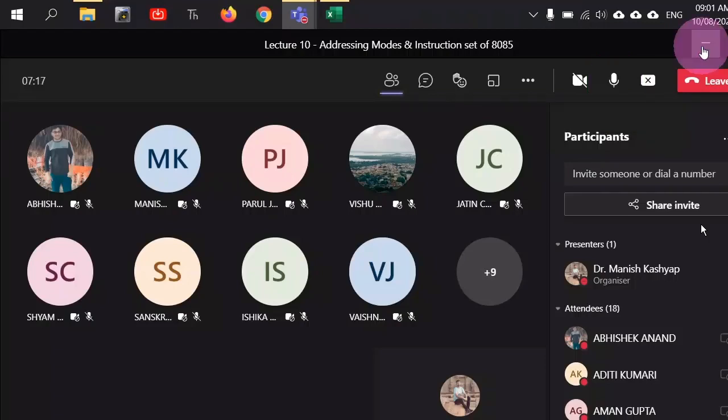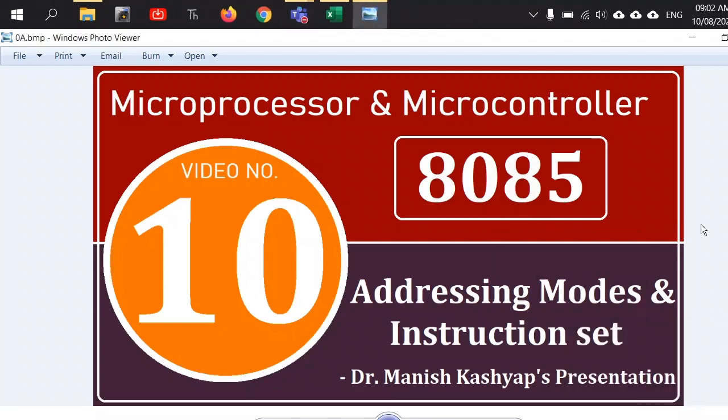So today is the last lecture for 8085, and in today's lecture we are going to study the complete instruction set of 8085. Up till the last lecture, we have already studied various aspects of 8085, ranging from its programming model to the architecture, then the structure of interrupt, structure of memory, structure of stack, and how the serial operation happens, how timing and control circuits are generated. And we have done some basic interfacing on the last turn.